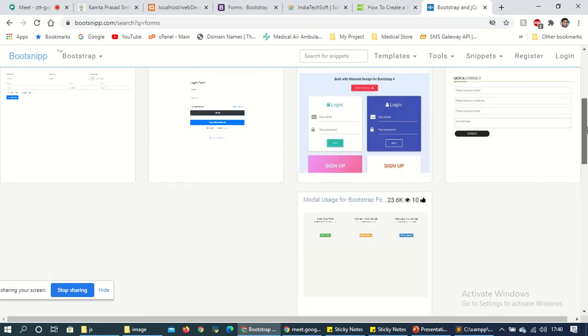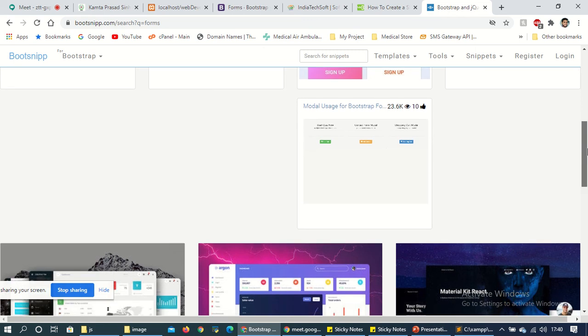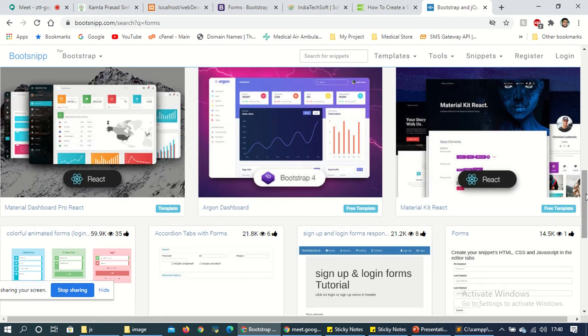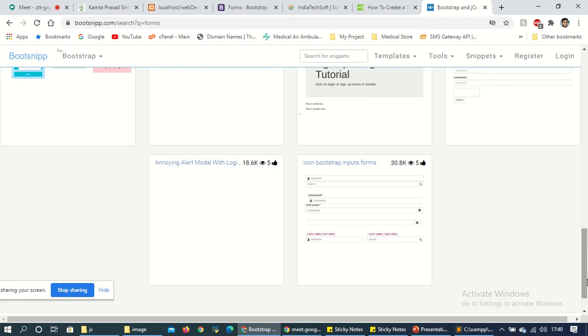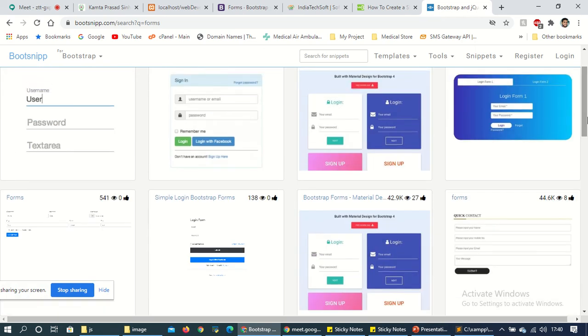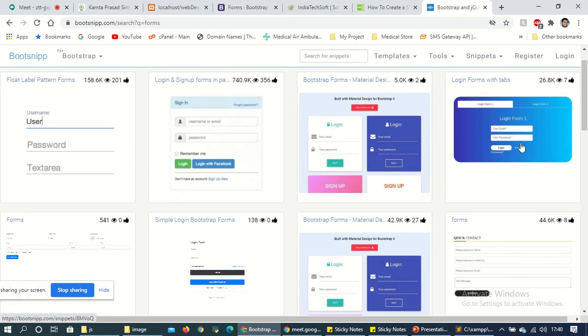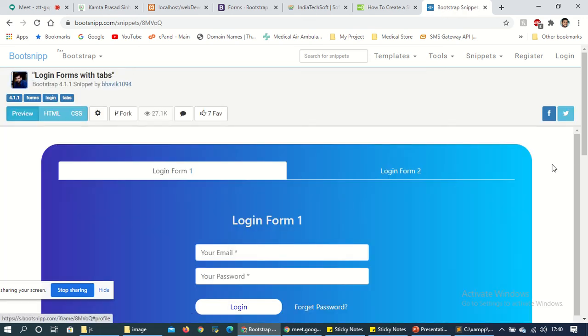Like me and you, there are some developers who upload the forms, who upload the designs on that Bootsnip. So if you want to use this one, you can copy this one, login form with tab.